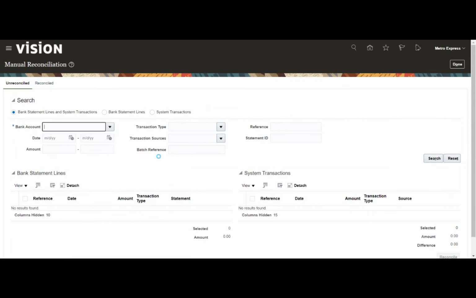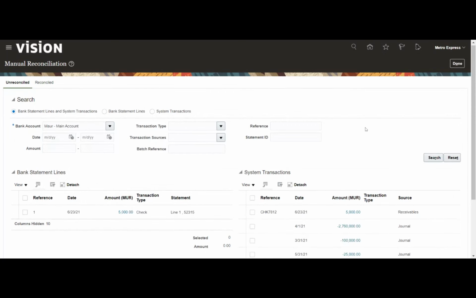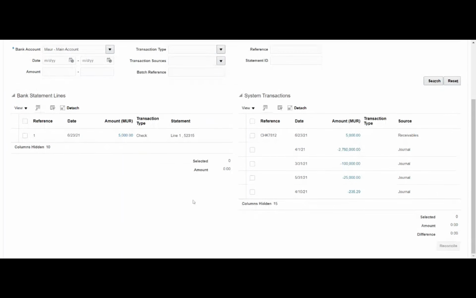Yeah, this is our bank. Okay, so we have a lot of transactions because we created a few journals for this particular ledger, so that is also appearing here. Apart from the manual journals that we created, we can see this is our reference number.